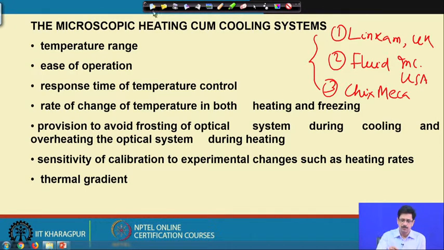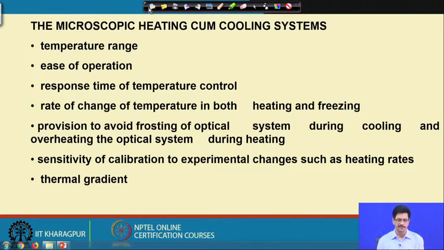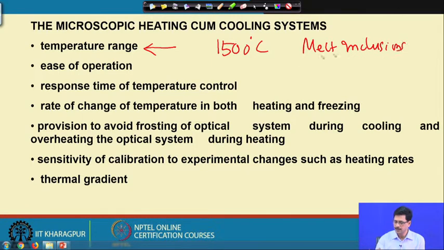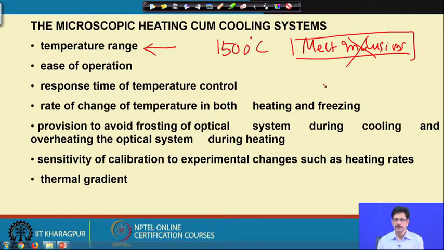it would be rather more appropriate to talk about the attributes of these kind of heating freezing systems in terms of their functionality and their usability. So, the temperature range we have already considered. So, that is minus 196 to 600 or 700 degrees Celsius. Even there are hot stages which go up to 1500 degrees centigrade, which are specifically designed to study melt inclusions, which we are not considering in this particular course, but there are hot stages where the temperature can go to as high as 1500 degrees centigrade. The ease of operation is definitely one which is essential for